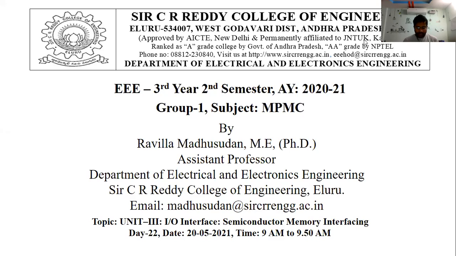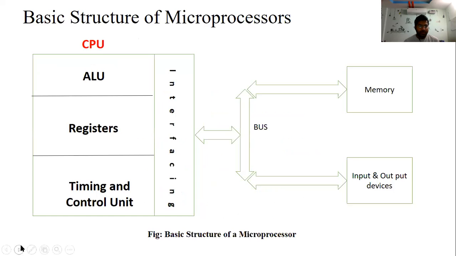Now, today we are also spending some time with the memories. Then after that we can go for the 8255 PPI, maybe in the next class. Because semiconductor memory interfacing is a very important topic, to know how to interface the different types of memories. We have two different types of semiconductor memories. What are the two different types? Nothing but static and dynamic, you know that.